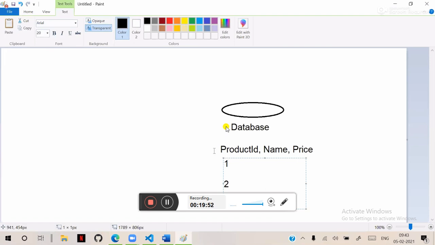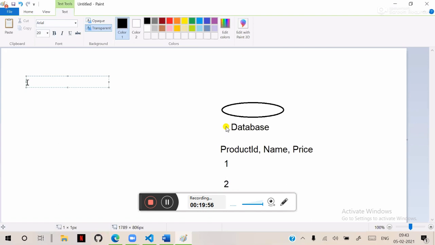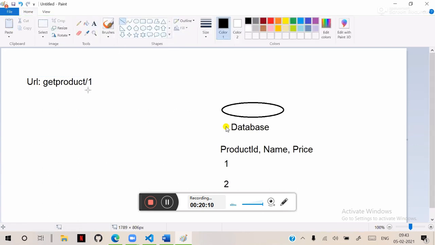I need to fetch the detail. Then actually our URL request will be in this way: we have get product and /1, which refers to that ID. Now it has to collect that ID, check if there is any product matching that ID, and fetch that. That means in the logic we write,